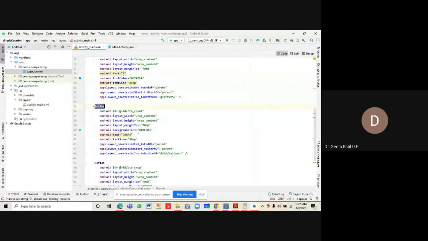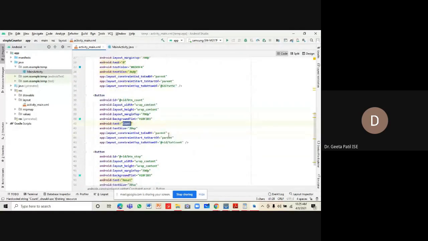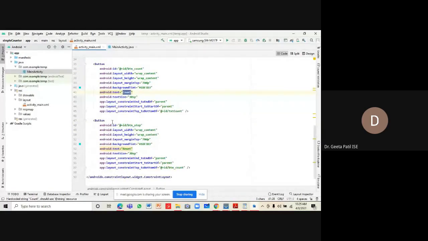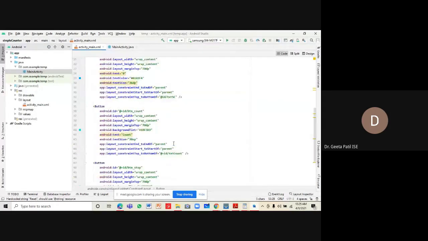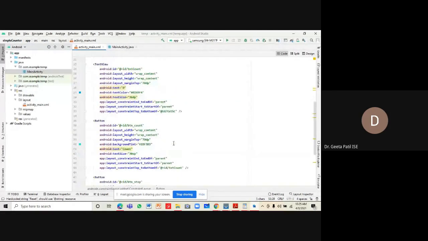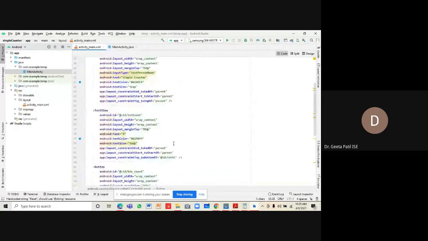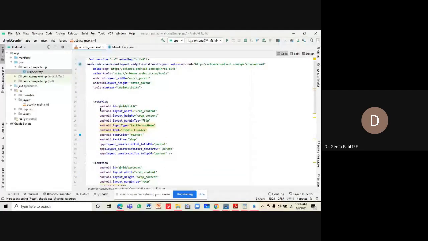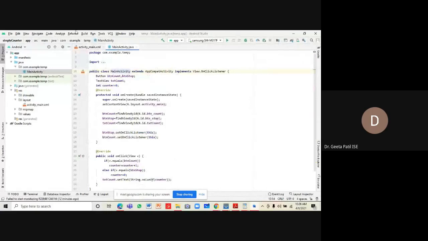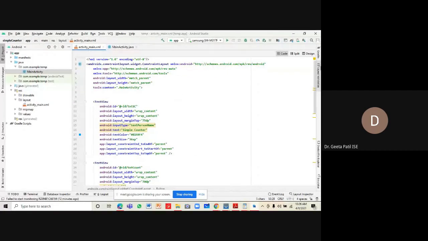Then we have a button count, which is used for counting the number of events that have happened, and with reset we are going to reset the counter. So these are the only four components required in our XML.